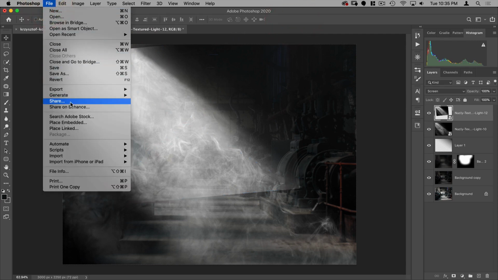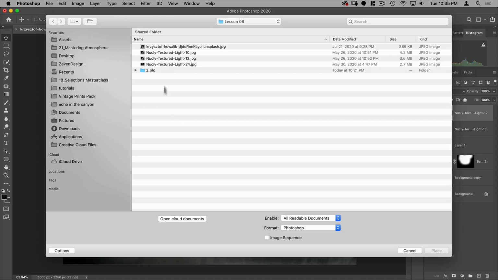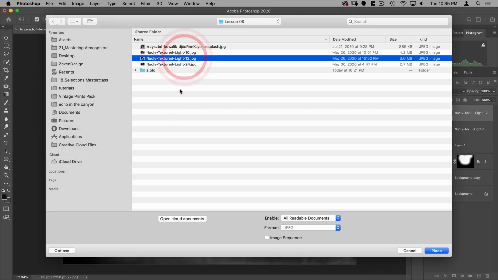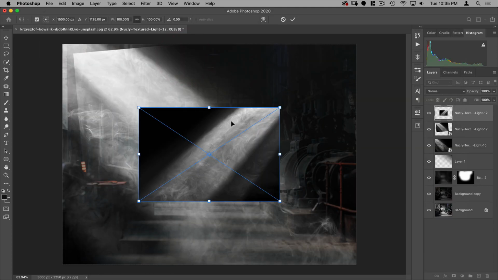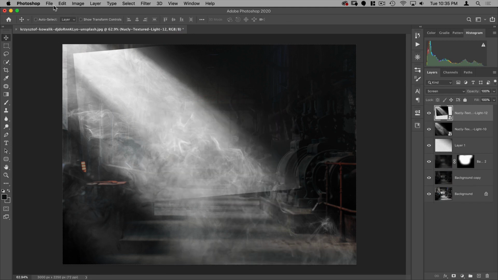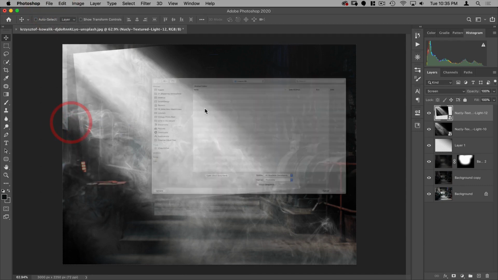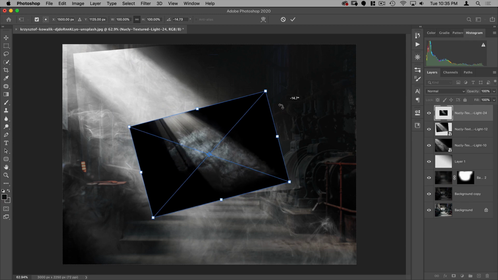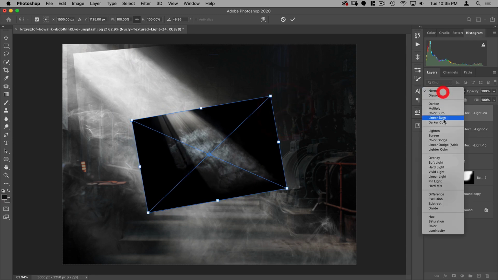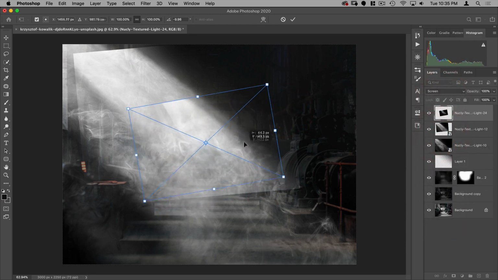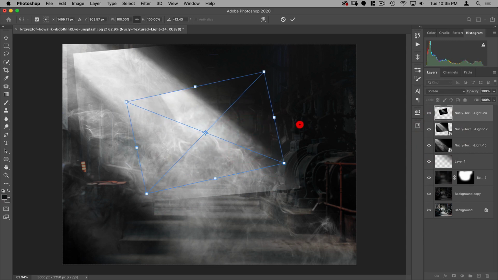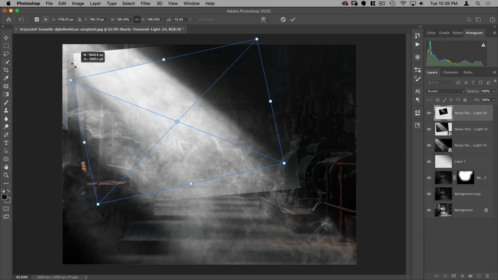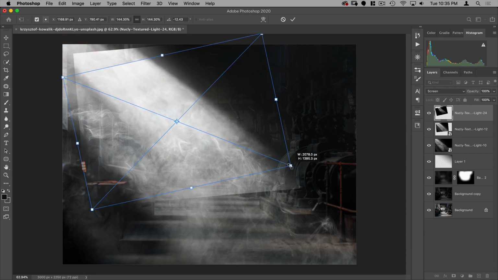And then finally, the last one is going to be number 12. Oh, no, sorry, we already have number 12. Let's do File, Place Embedded. The last one's going to be 24. And this one, let's adjust that angle. Let's put it on screen so we can see the layers below it. I'm going to adjust that angle so this lines up. And then this is going to be the back window. So let's just kind of make it a bit bigger.